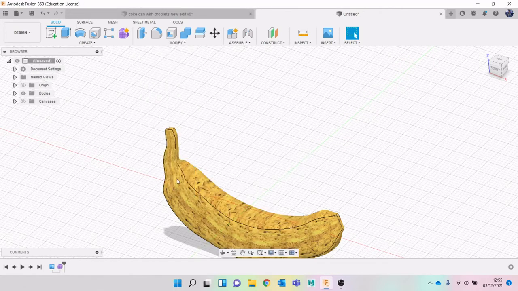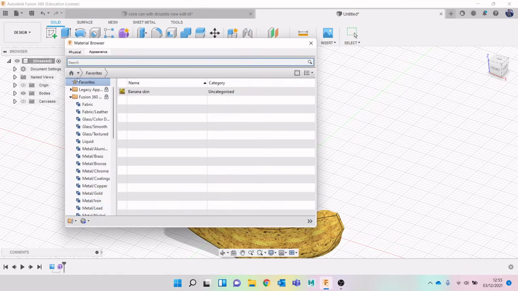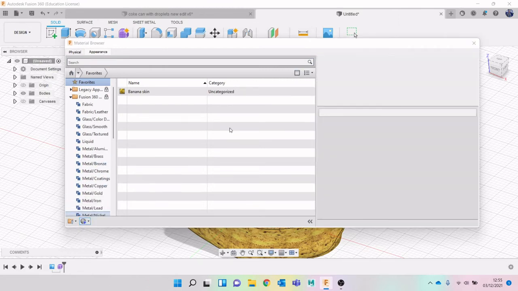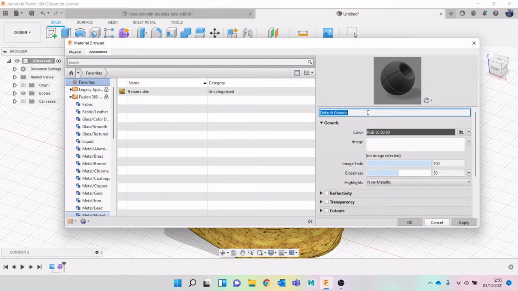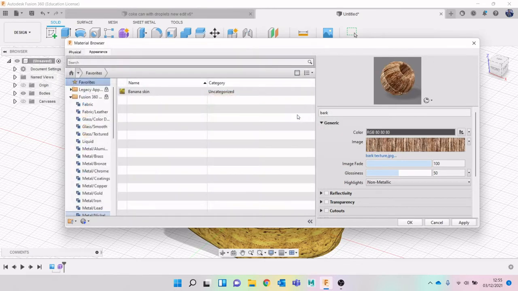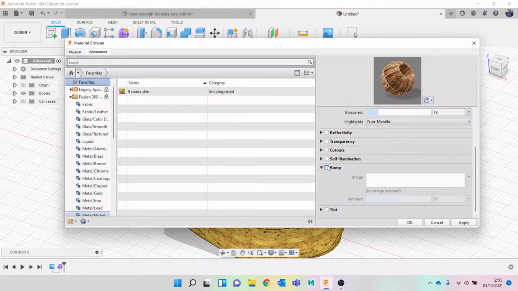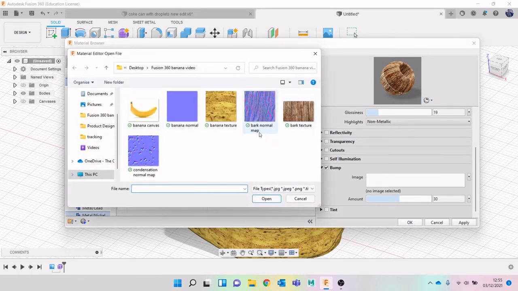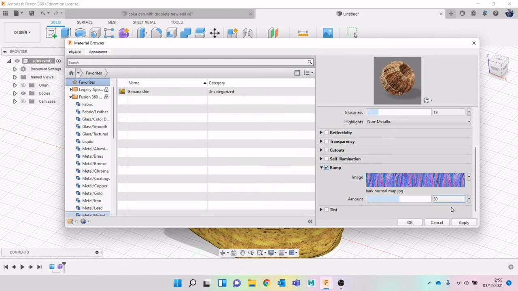So I'm going to manage materials. I'm going to make sure I'm in appearance, go down at the bottom, new generic material, and this time it's like a bark type look that I've got. So I've got the bark texture here. Again, I'm going to turn down the glossiness, and then I'm going to go to bump, click on it, and I've got the bark normal map there. I'll turn that up a bit more, click on apply,